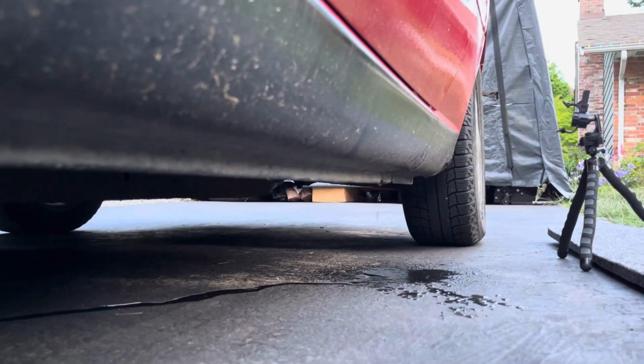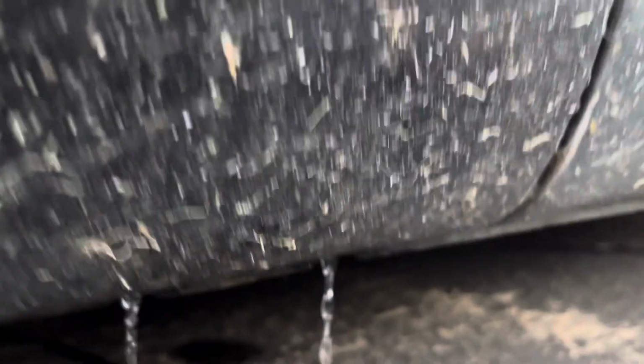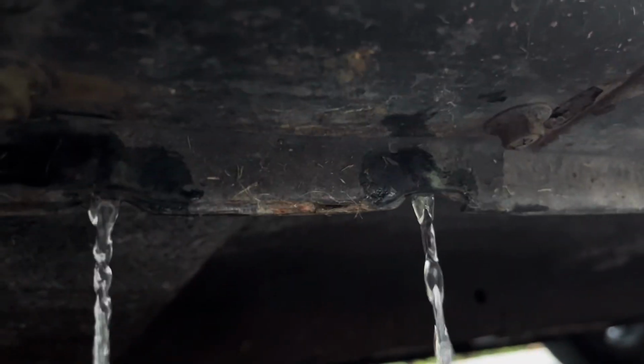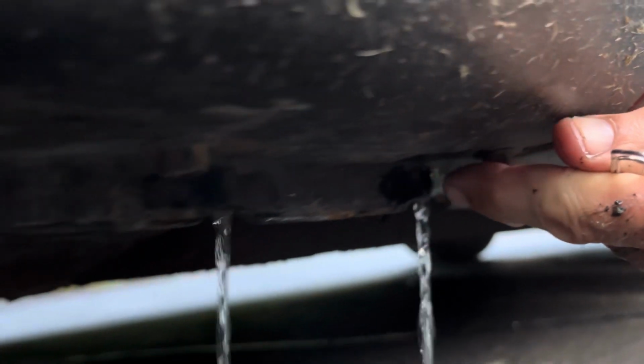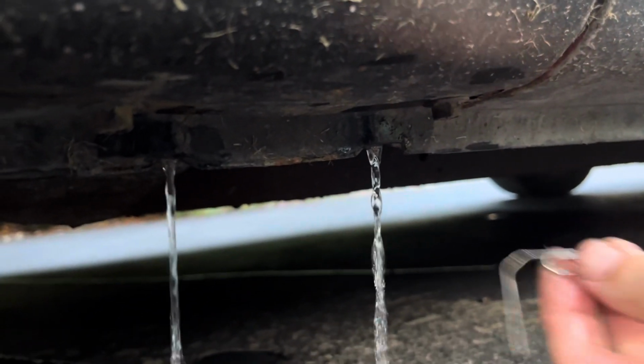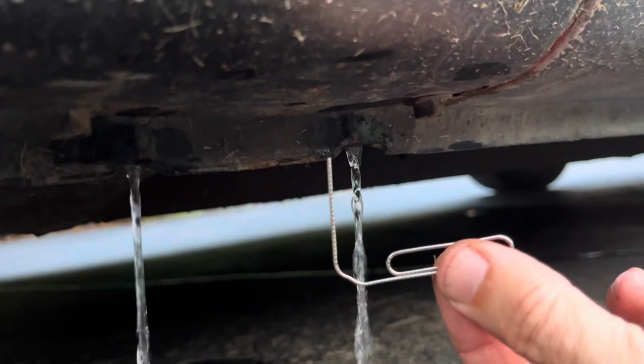And it's still dripping a bit at the back there. So those are the rail drains. You've got to follow the fender down and under on the front there, and then you can feel the bumps right here and right here. That's how you know where to put the paper clip up, and this is all you really need,